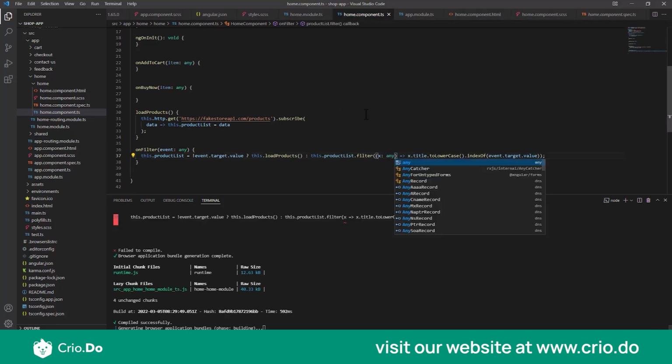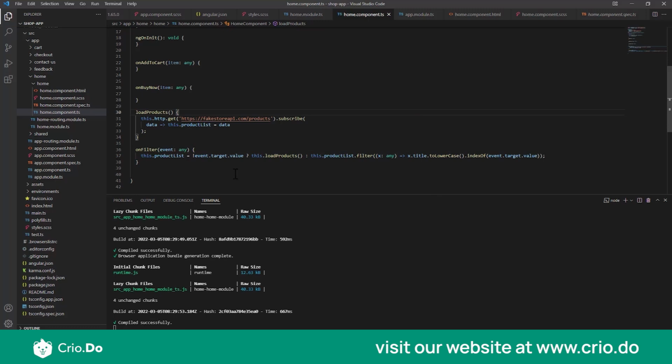Okay, so let's understand what we have done. This part I hope you guys are clear. First we are checking if the value is empty, and then we directly load the original list from the product and show it to the user. This is for the scenario where the user has deleted whatever they have typed. In the else part, we take this product list. Since this is an array, we filter it. We take each object in that array, and then we check that object's